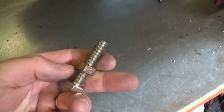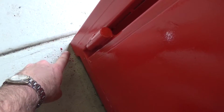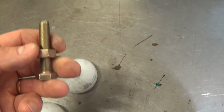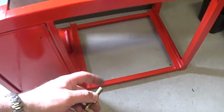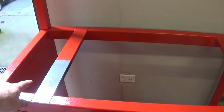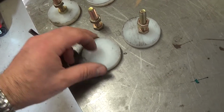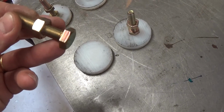So these metric 10mm bolts will screw directly into the bottom of each leg, and obviously then I can screw this in and out, and that will allow me to level the lathe exactly on this concrete floor, which isn't perfectly level. So at the very least I'll get the bench level, and then I'll be able to individually level the lathe bed itself. So it'd be nice to probably counterbore these a bit for the heads of the bolts, but I still need to be able to get to them to adjust the